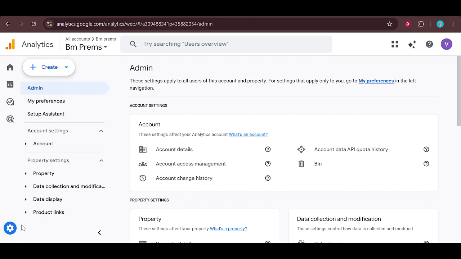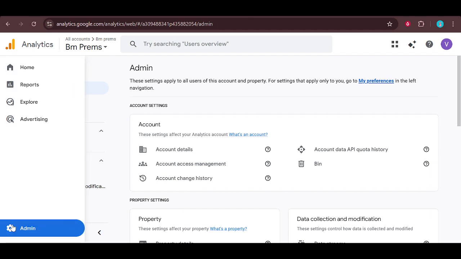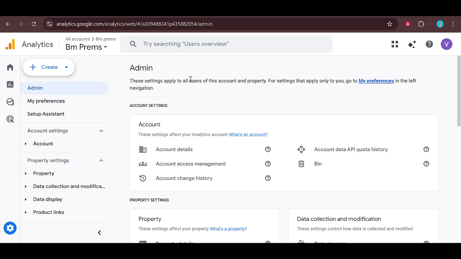These are just normal events that you've decided are especially important for your business, like a purchase, a sign-up, or a lead form submission. On the admin page, find and click on key events. This section is where you tell Google Analytics which events you want to treat as conversions. If you don't see many items here yet, that's normal for a new property. Over time, as you send more events into GA4, you'll be able to mark the ones that matter most as